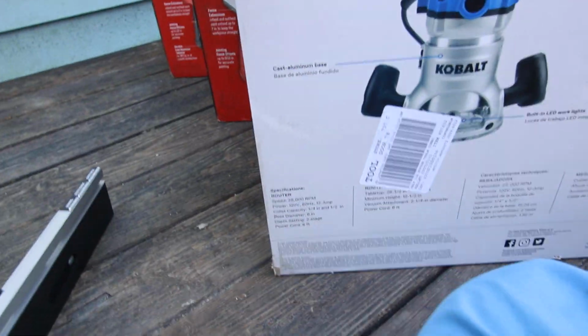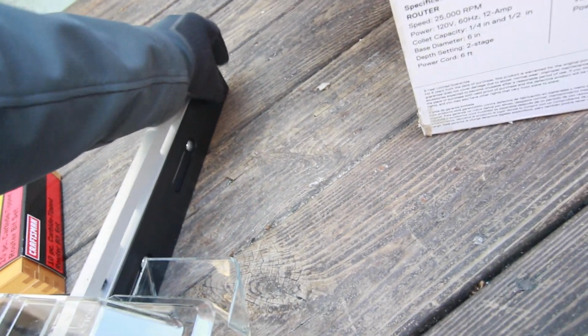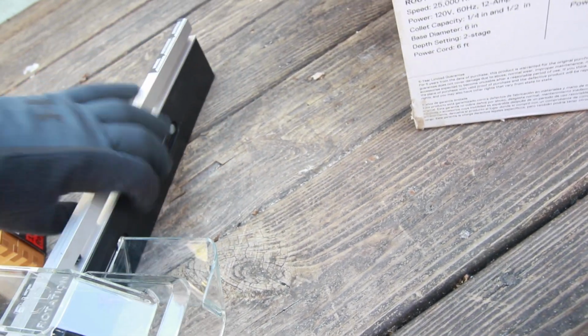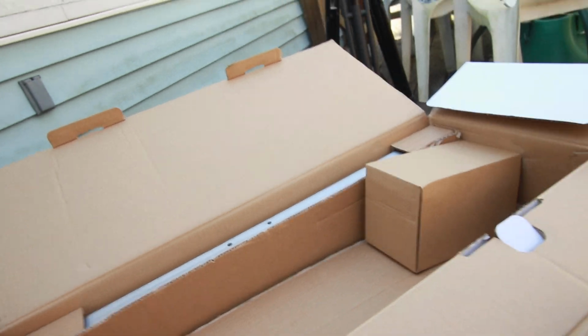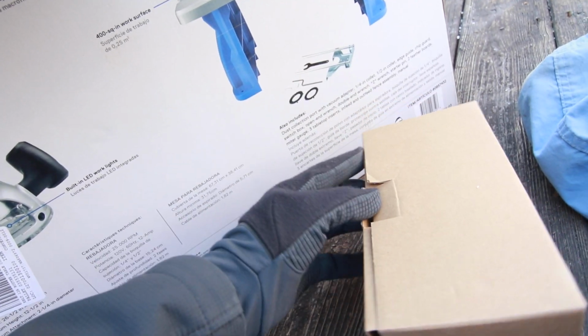So that table fence, this is mostly metal, but this part I think is this part. Yeah, that part's plastic. Okay, so then in the box that comes within the box, you'll find